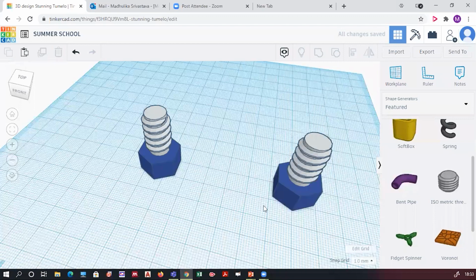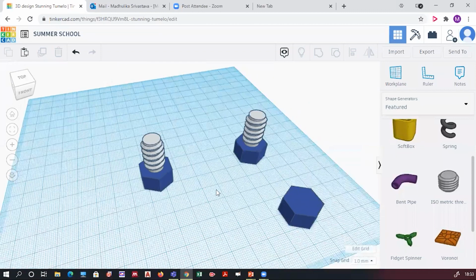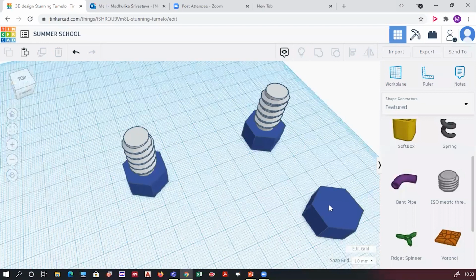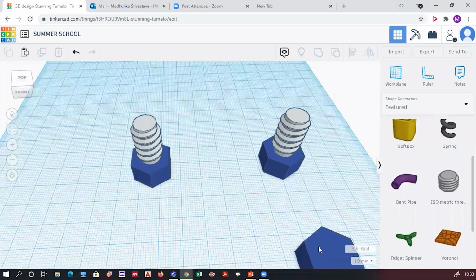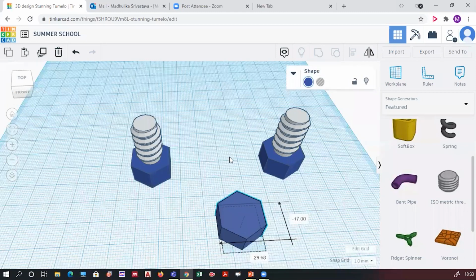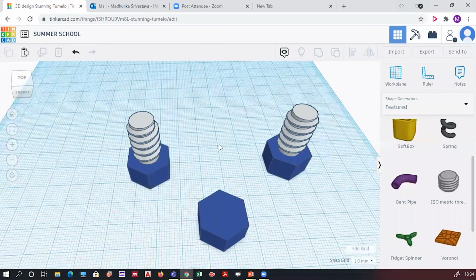Okay. Just give it a practice, and do send me what you have made if you want. Tomorrow we will learn how to create that whole part. I have two more exercises to do with you. I thought of completing this nut portion also, but it's okay. Starting things take time. So just have a quick practice, and if at any point you feel that you are stuck, just email me. Okay.